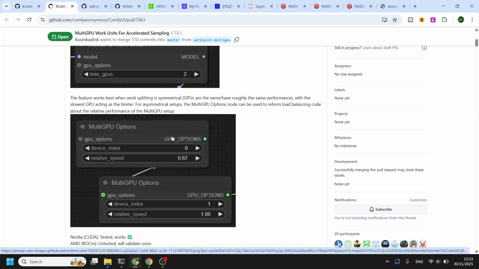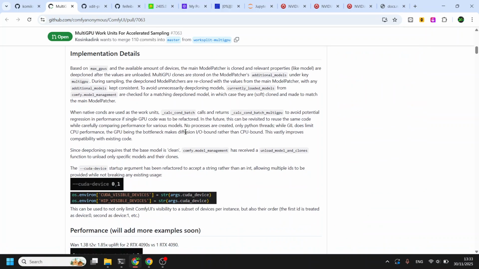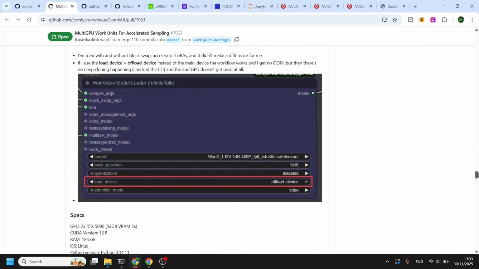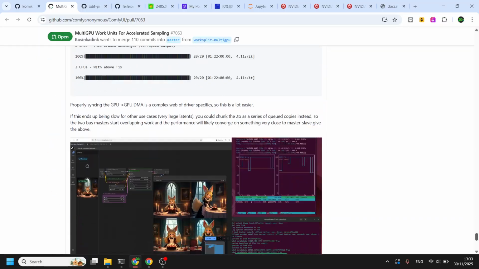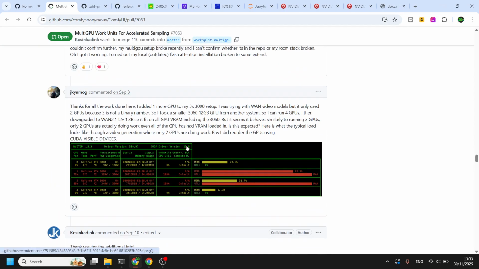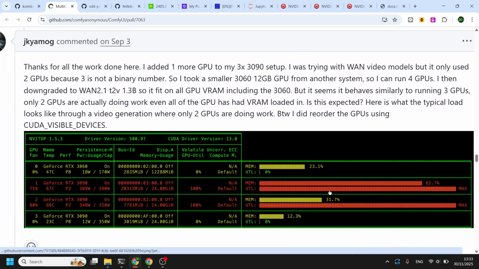That's good. The problem is CFG usually only has two batch parallelism. If you read this example, you can see only two GPUs being used since CFG is only split into two. That's the problem.